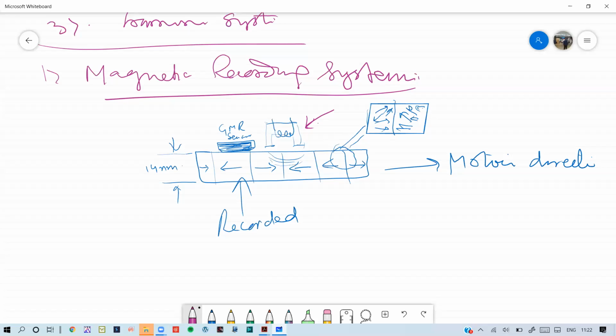When it alters, and this sensor has a fixed direction, it can sense only the one component. For example, it can sense the spin up component, and wherever it finds that spin up component, the signal will change, the signal will increase, and that signal is then taken to another system that will amplify it. So you have a particular magnetic moment wherever